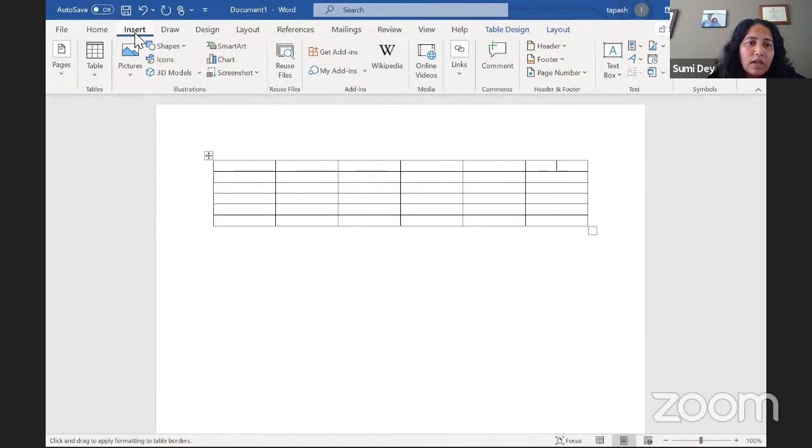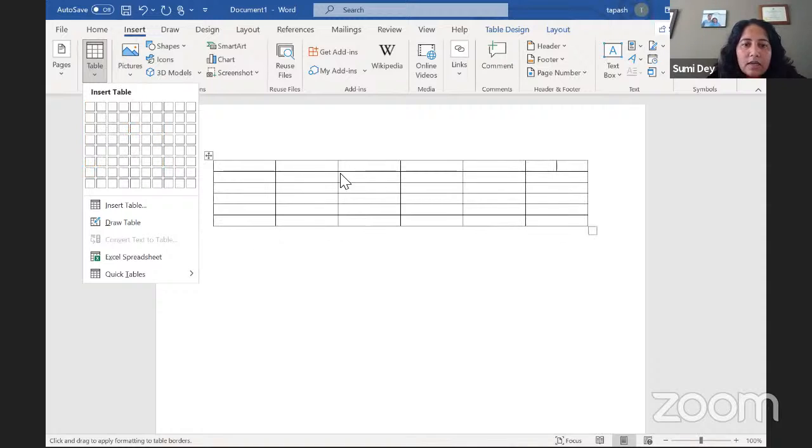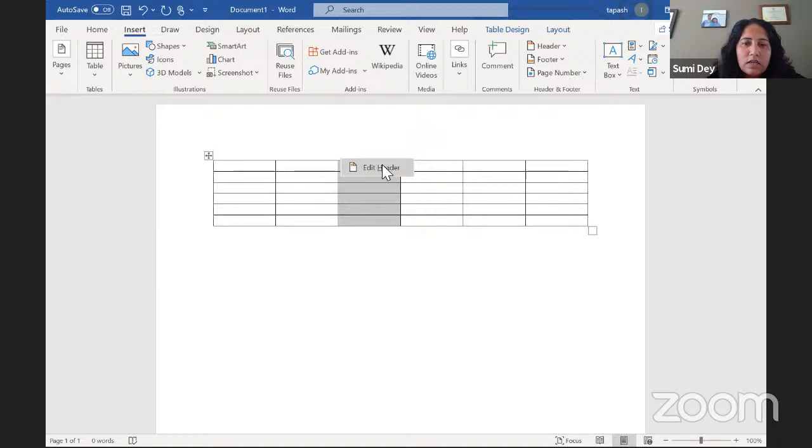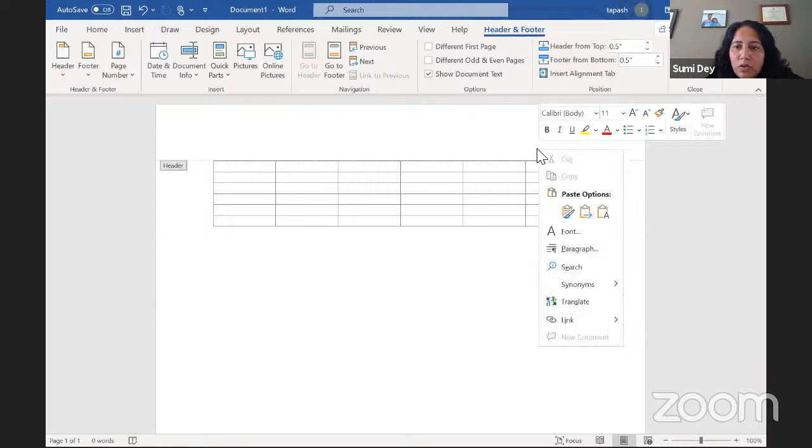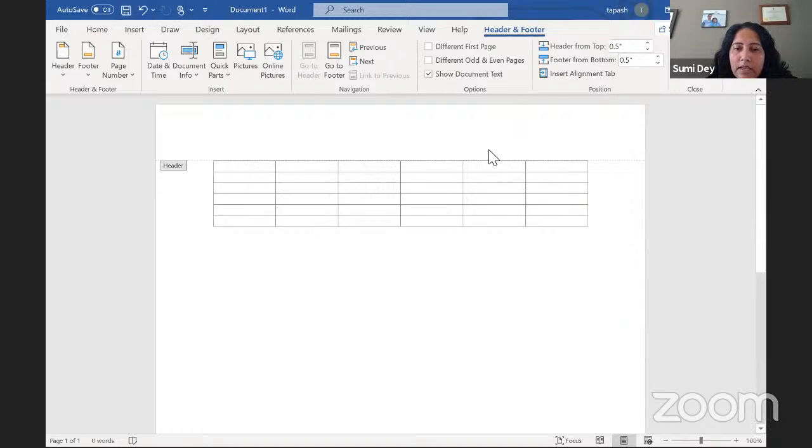And I'm going back again to Insert and Tables. After that, let's say you want to edit the header. So just left click and then you can do Edit Header. So it will come like that. And let's say you want to add or delete more columns. So in that case,